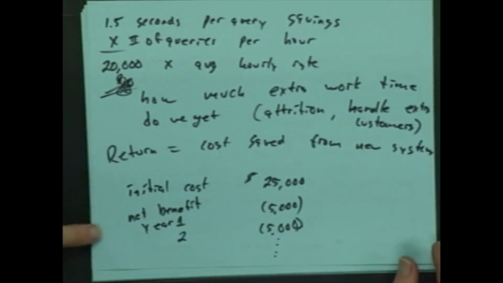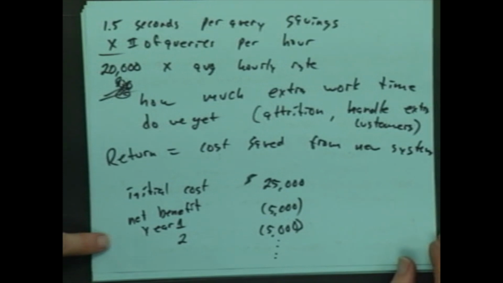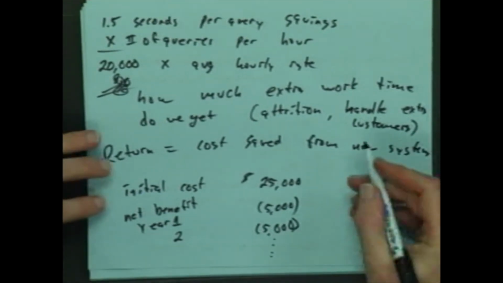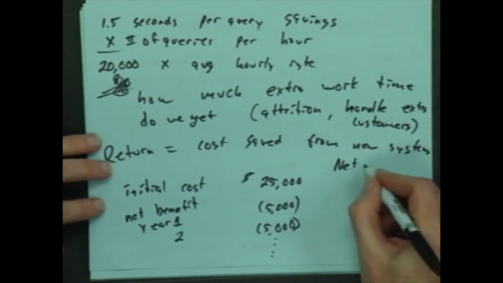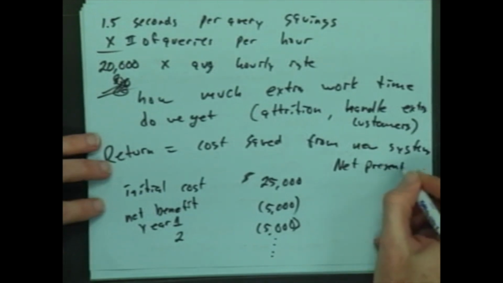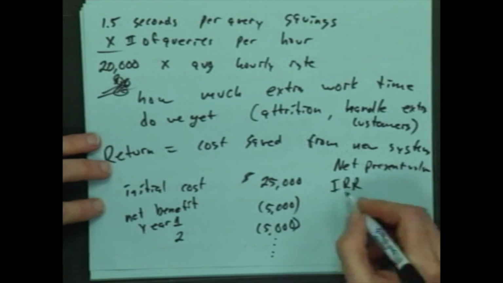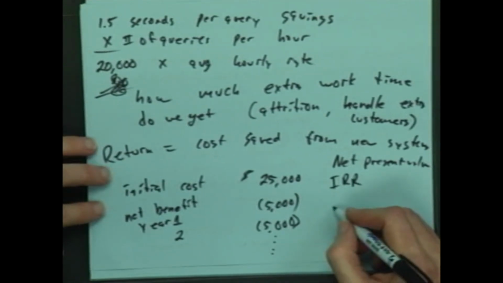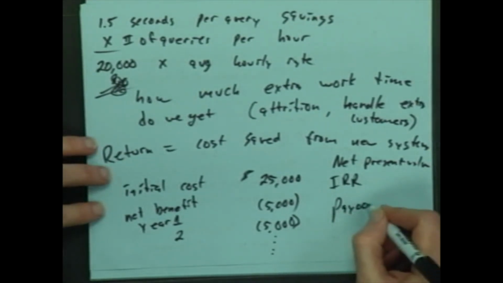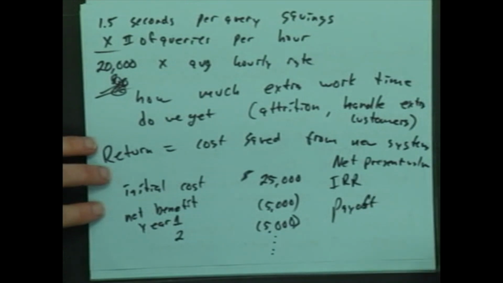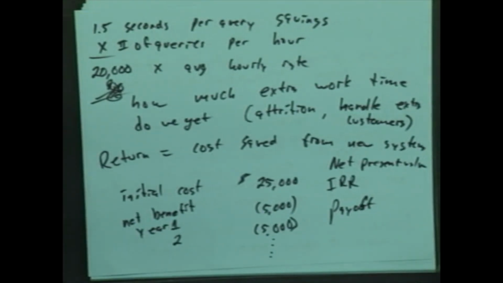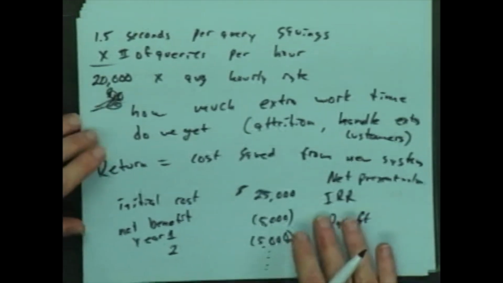Well, now we can do quantitative analysis of this, right? So I can get the net present value. I can do an internal rate of return. The simplest one is, of course, the payoff. So how many years till you pay it off? Those are good. Break-even's a little iffy.